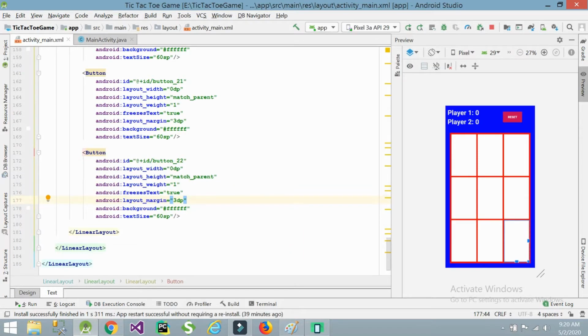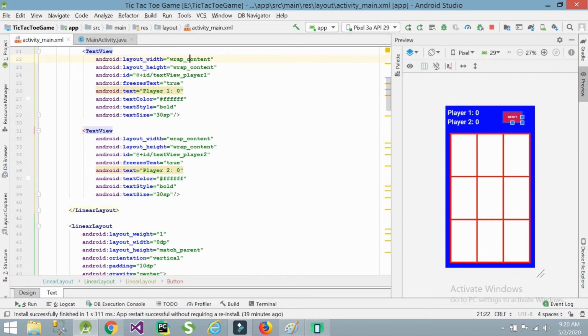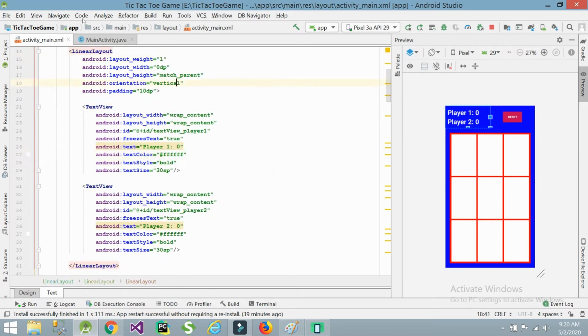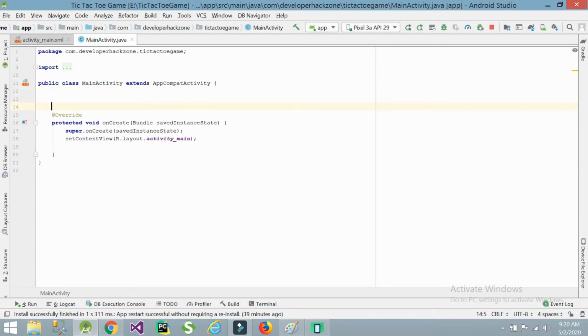We already developed the layout for the tic-tac-toe game in the last video. Now we are going to write the functionality of the code here. Now go to the main activity and start coding here. We have a total of 9 buttons and we are developing this game for 2 players. So first I am taking 2 players' scores, as we need to update each player's score every time.